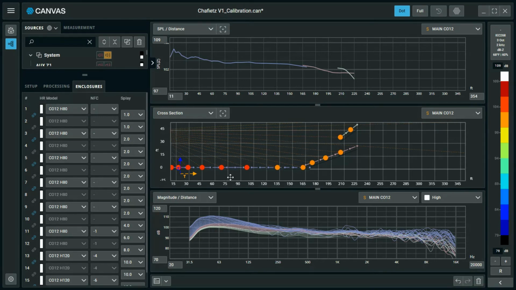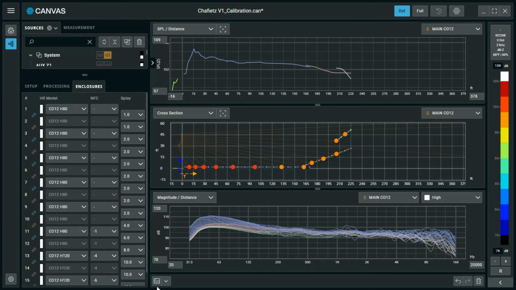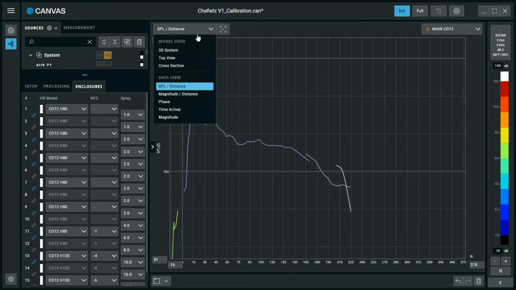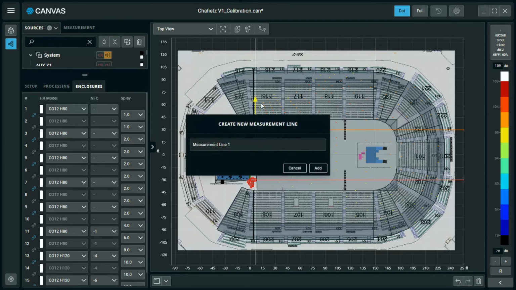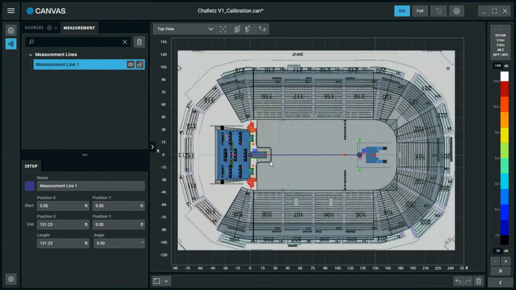Canvas includes additional tools to look at spectral variance across multiple sources. Using the measurement line tool, we can look at the magnitude responses of multiple points over the distance of a defined centerline vector that intersects with front of house. We can apply a measurement line in the top view by clicking on the measurement line tool in the toolbar. You can place the start and end points directly on the y-axis and move the x-axis to cover a large